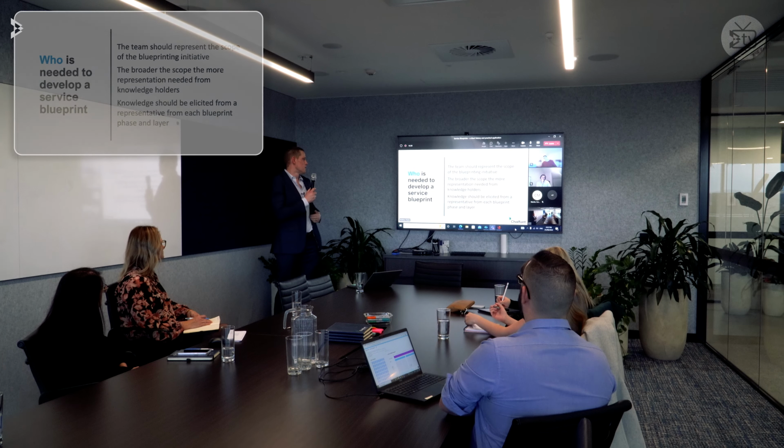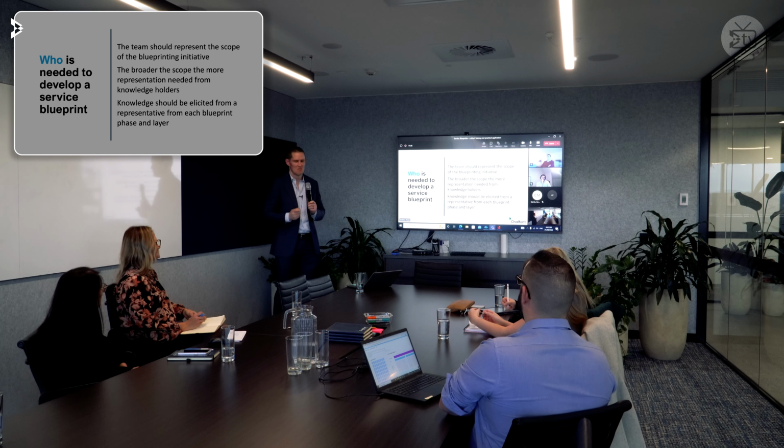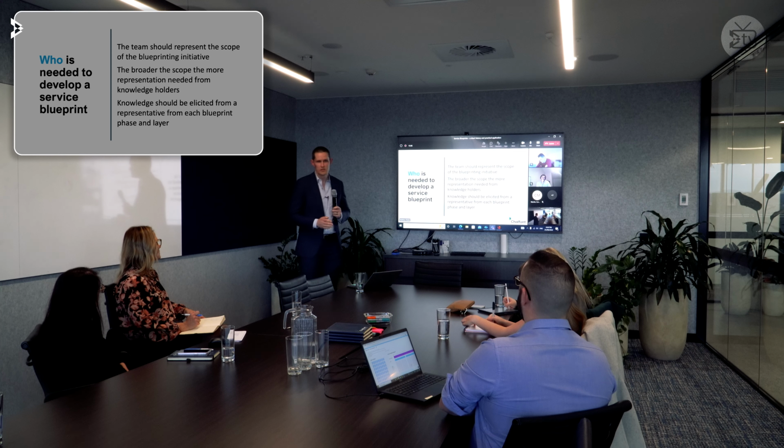So who should be involved? This differs depending on your environment and organisation and who you have available to you. But a team as a whole should understand the scope of the blueprinting initiative. You need to have a broader range of input based on the scope of the blueprint as well, and really hone in on specialist knowledge depending on what phase or what section of a service or blueprint you're